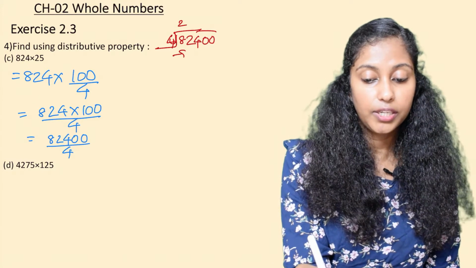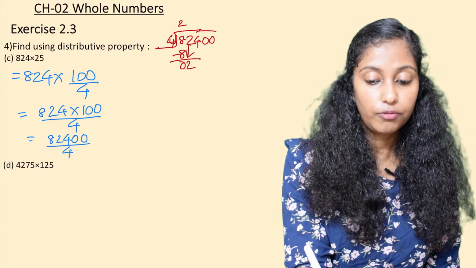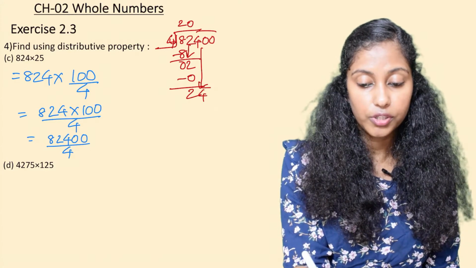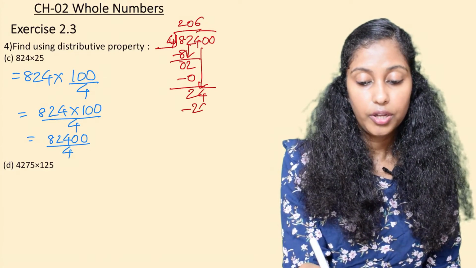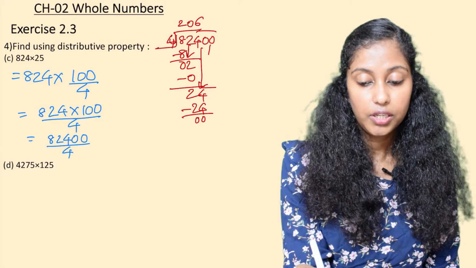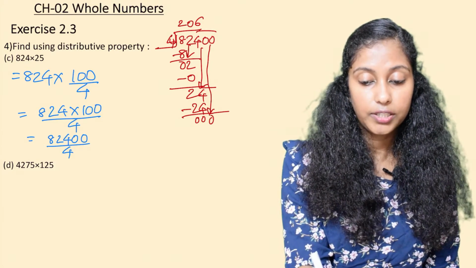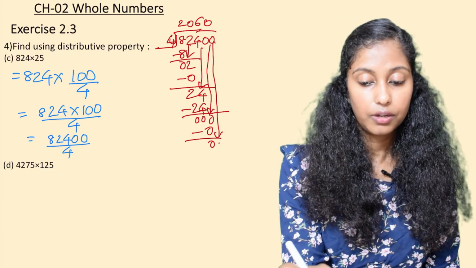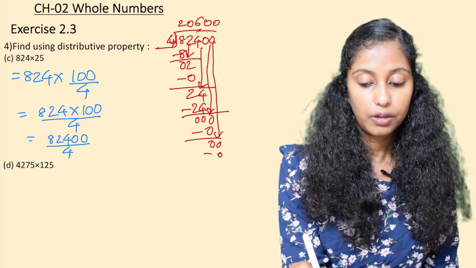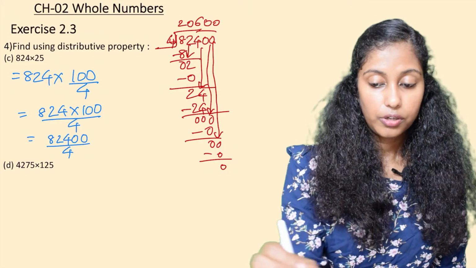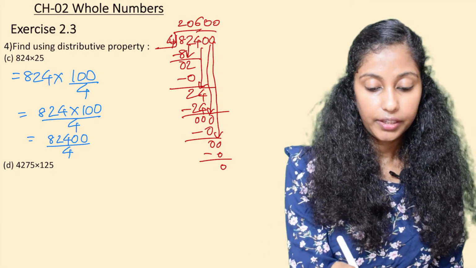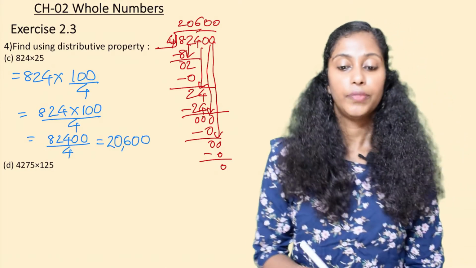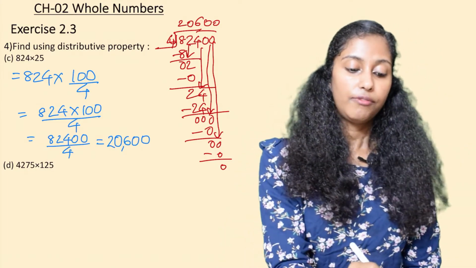So 4 2s is 8. 2 we bring down, 4 zeros are 0. Then we bring down 4, 4 6 are 24. And then we see 2 zeros we write as it is. So here the final answer that we get is 20,600. Next question is